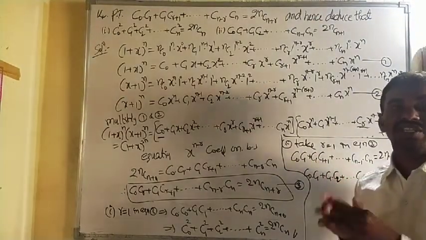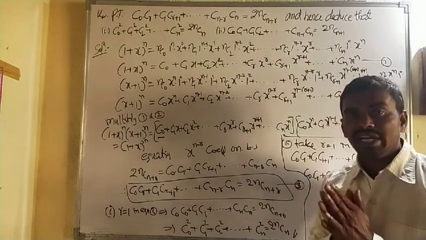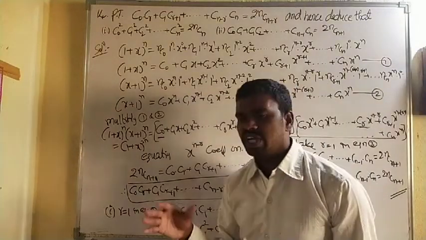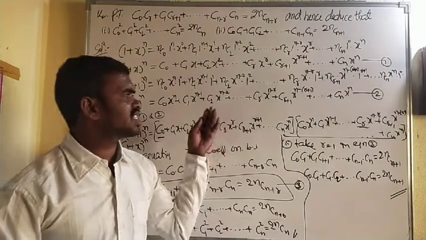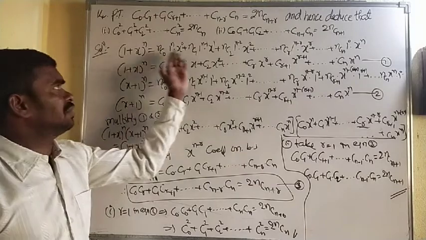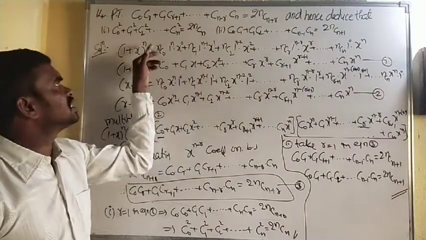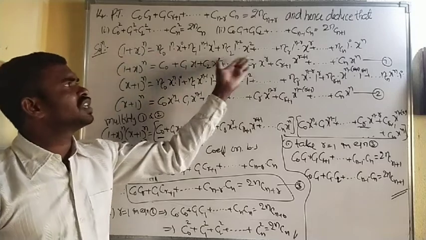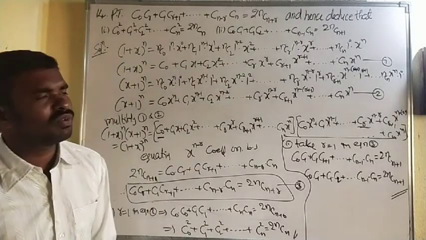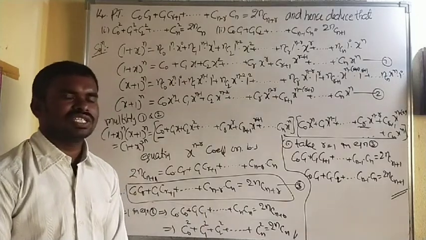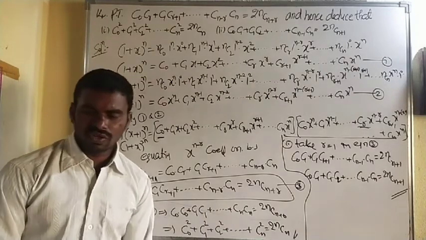That's why in this chapter we need more practice. If you simply understand, we can easily remember the small steps. The major thing is applying the binomial theorem. What is the binomial theorem? NC0 first term power n, x power second term power 0, plus it reduces and decreases. In part 1 I told you what the binomial theorem is also. So in this way we can find it. Is it clear? Shall we go to the next problem?